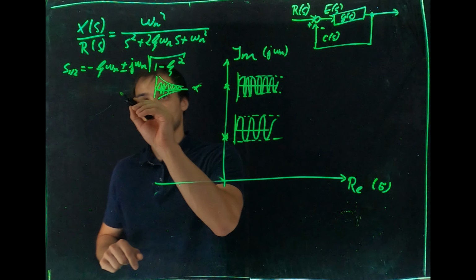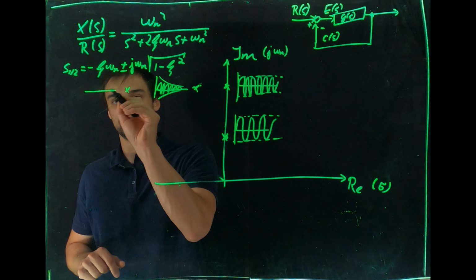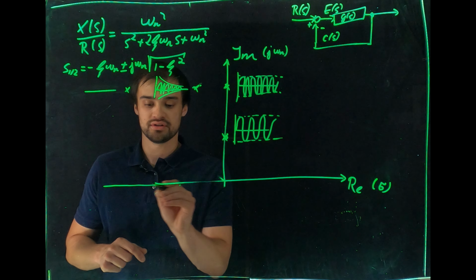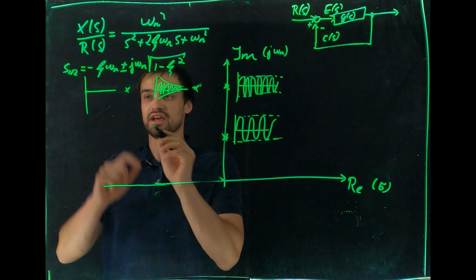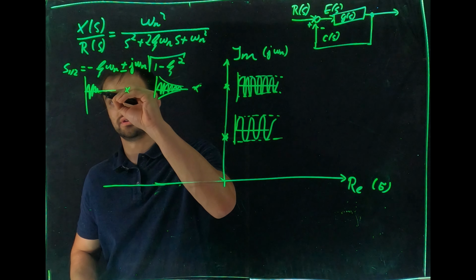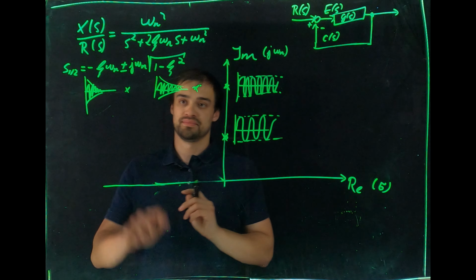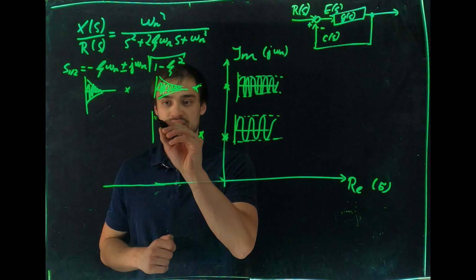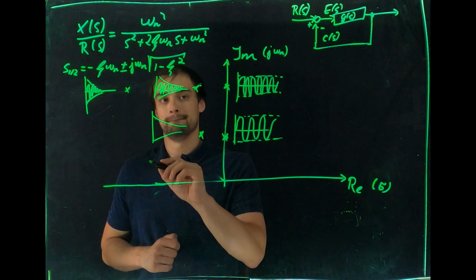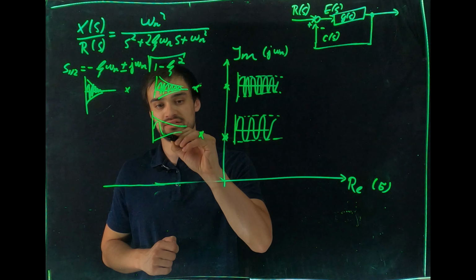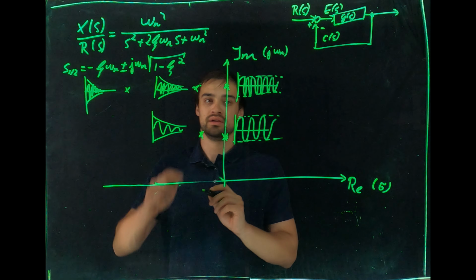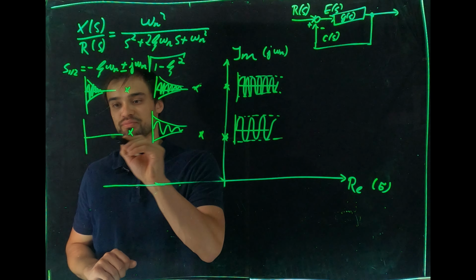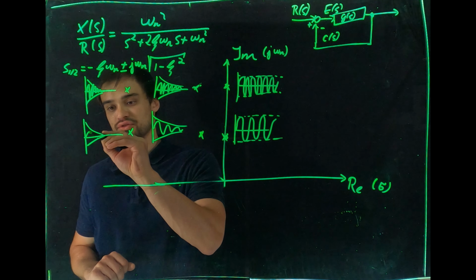On the other end, if the root lies more on this side, meaning the root has a more negative real part, the system decays much faster, same frequency, but it dies out very fast. If I have, for instance, the root being here, you can see that the system decays at the same rate, but the frequency with which it oscillates is much slower, because the natural frequency is lower. If the root lies here, as you can expect, the decay is really fast, but the frequency is really slow as well.